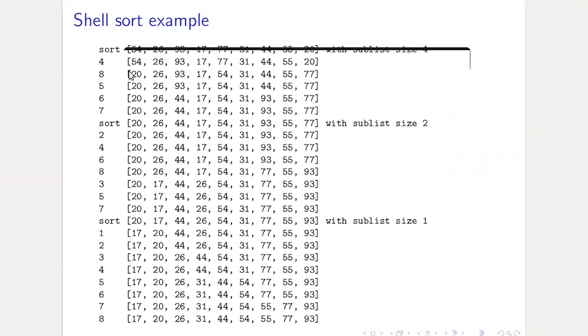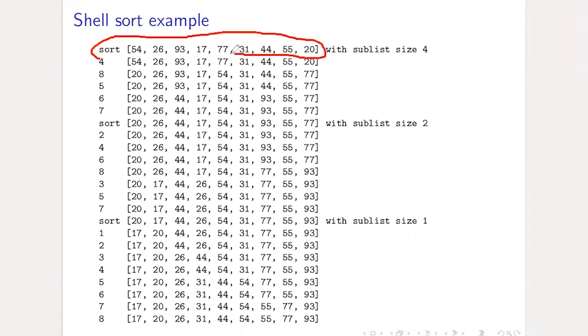So here we have the example of a running program. Okay, so let me use this example to make it clear to you what is happening here. Okay, now this is the original input. Okay, right, original input list, saying you are basically saying sort this particular list and use a sublist size of 4. Okay, if the sublist size is 4, you essentially have the